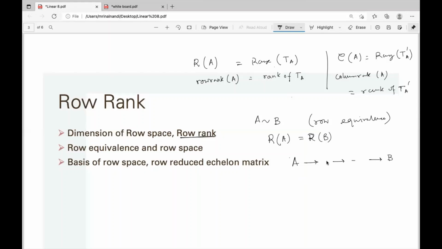Now, every time, what is changing? You are changing one row, or you interchange two rows. If you interchange two rows, the same row set of vectors remains, just the ordering is changed. So the spanning set will be the same. Now, if you multiply by some non-zero constant, that means a vector is multiplied by a non-zero constant, and that will give the same generating set.